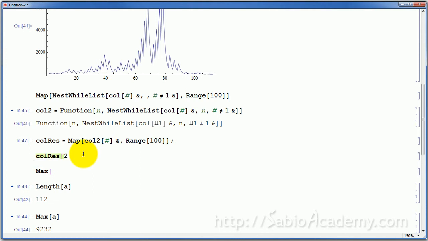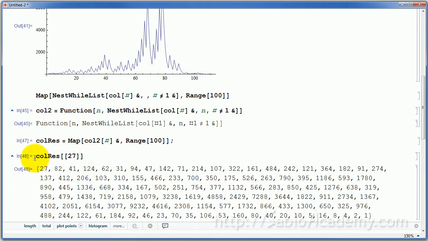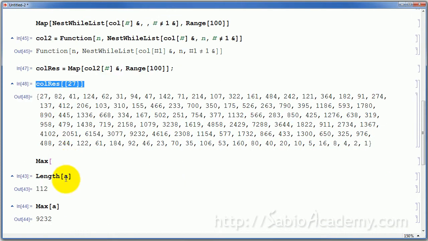Collatz_res, say the 27th. This is a list here, so I get a double bracket 27. Then it would be this here. I can find the length of it, and I can find the maximum of each. So what I will do is make a pair: I will find the maximum of the list and the length of each list, and I will make it like this. And I'd like to know what the first starting number was. It was this here. So what I do is I will then map this guy,